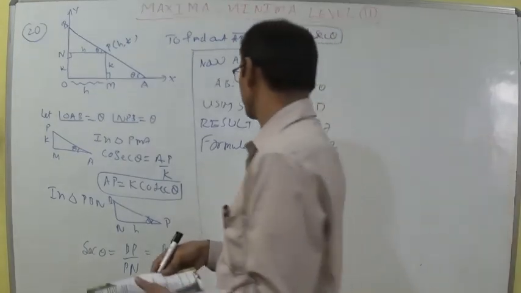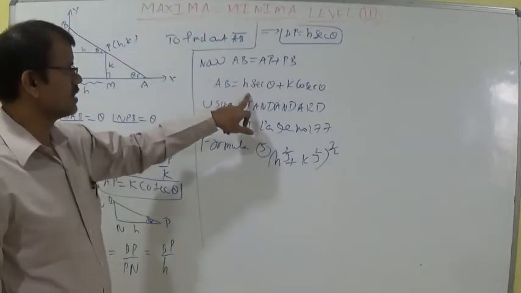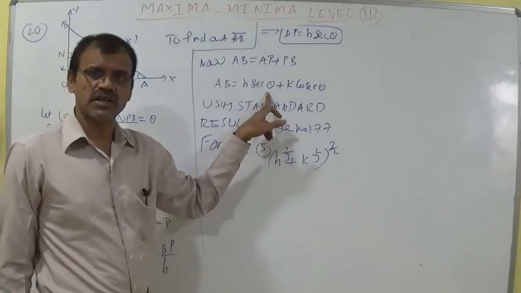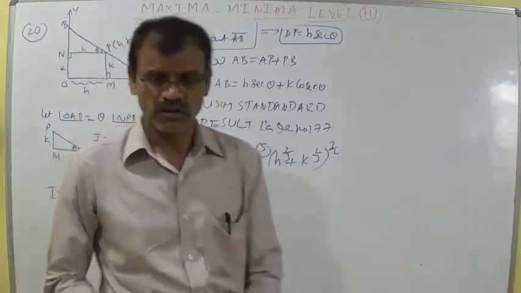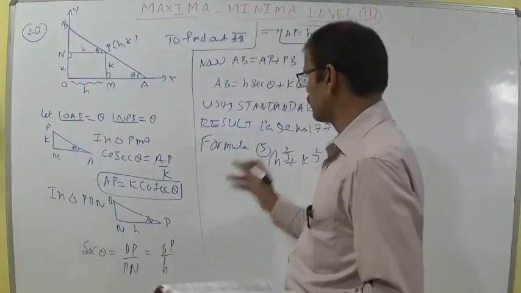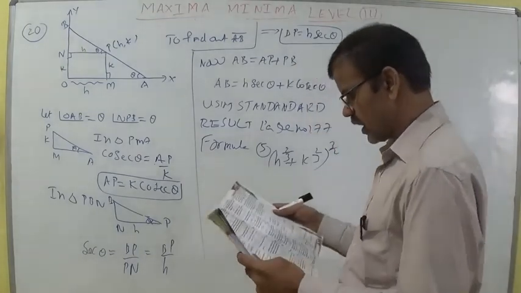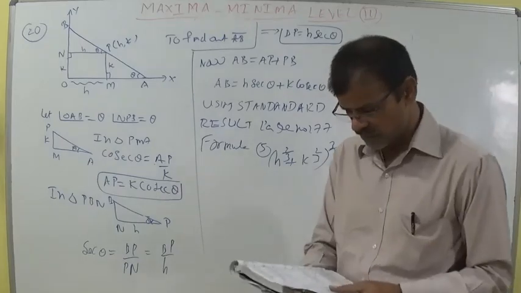Sir, how should we do it, if you are getting any doubt? Let this be theta, and to calculate whether it is min or max, f dash theta is equal to 0. By the second derivative, get the value and substitute. I think we have already discussed this previously, that is why I said it directly. Now the 28th question: according to the options, (h power 2 by 3 plus k power 2 by 3) whole power 3 by 2 is the first option.